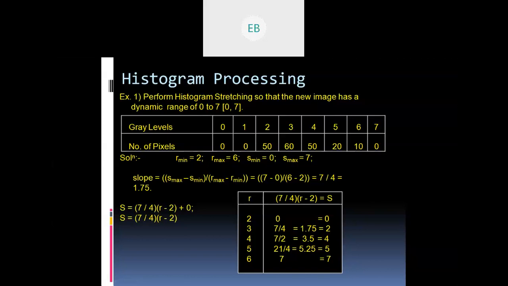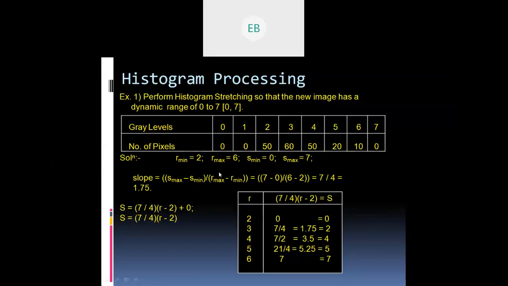Okay. So the gray level is given as 0 to 7 for this particular image. For every image the gray levels will keep changing, but that is not our concern, because these values will already be displayed here, along with the minimum and maximum R and S values. We only have to calculate the slope and the value of S.